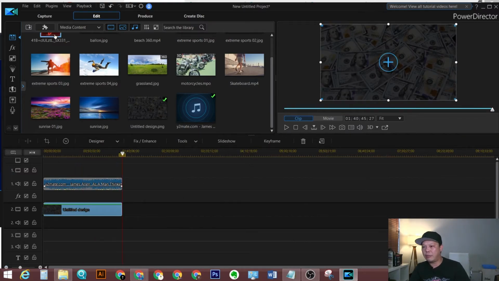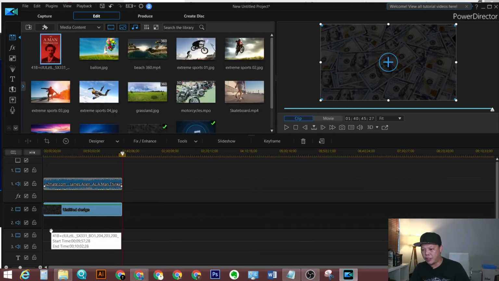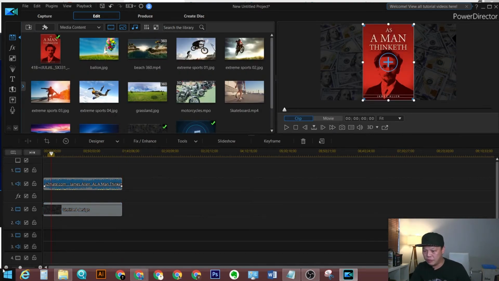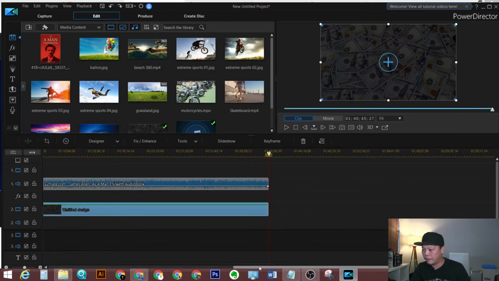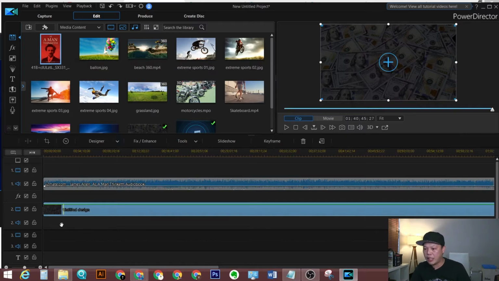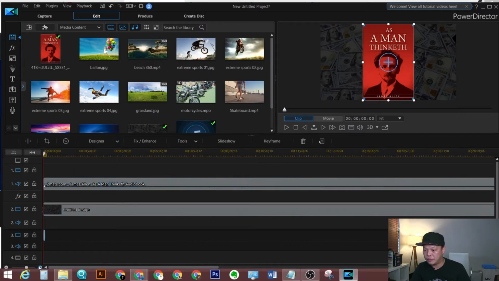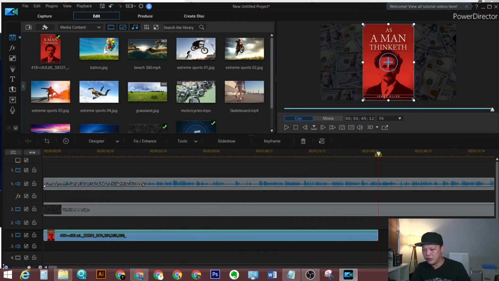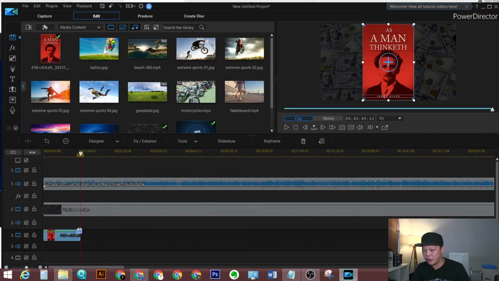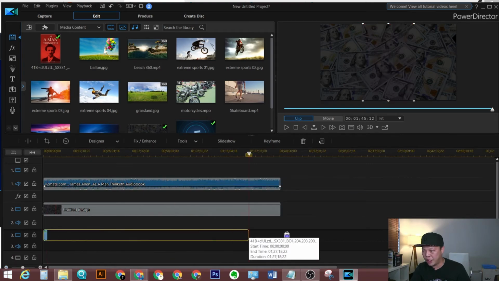Now, next step is adding your book image. Again, make sure the duration of this image also covers your entire audiobook's duration.